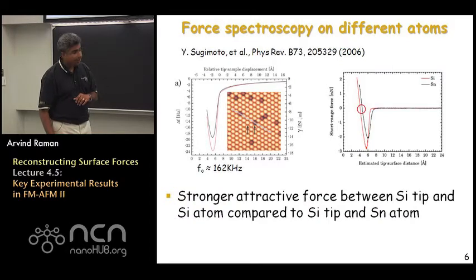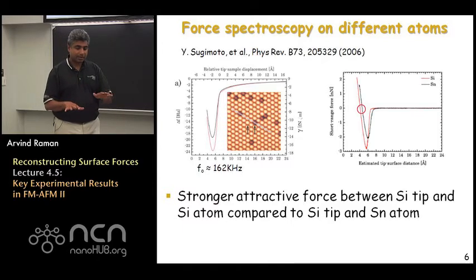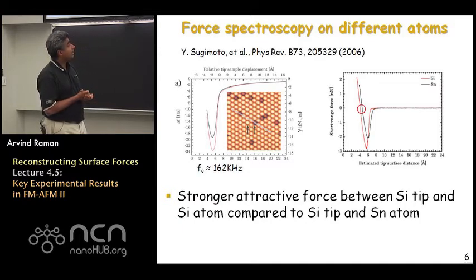So in this particular work, once you can figure out where the tin atoms are and where the silicon atoms are, the tin atoms are a little higher than silicon atoms, it becomes easy to go ahead and actually do force spectroscopies on those individual atoms. And this was accomplished again by this group, and what one sees in the top left are graphs of the frequency shift versus Z approach distance. One is taken on the tin, which is the one shown in black,